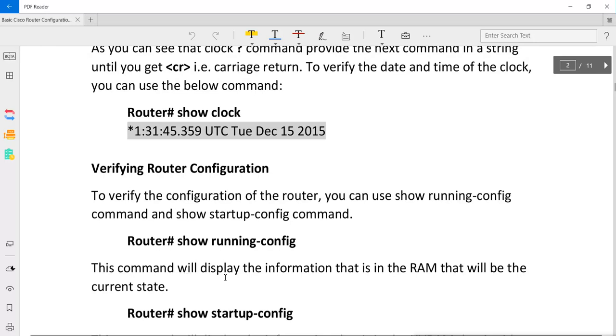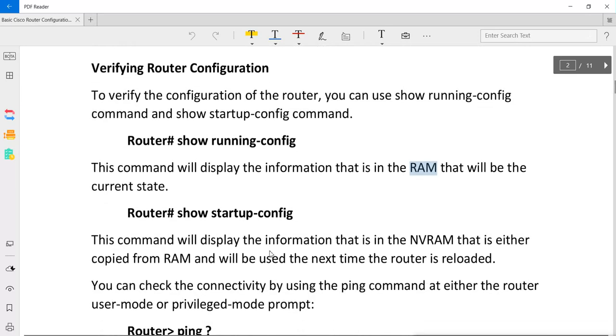That means whatever running configuration you do, remember when you start the router, your IOS and your configurations go into RAM and it is running. While the router is running, whatever you configure in the router will remain in RAM. It is not saved. If your router is shut down, all the configurations you have done will be deleted, removed. Only the configuration stored in the NVRAM will be saved. And next time when you start the router, it will take the configuration from the NVRAM.